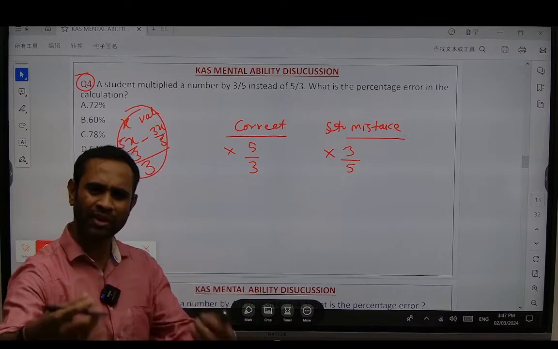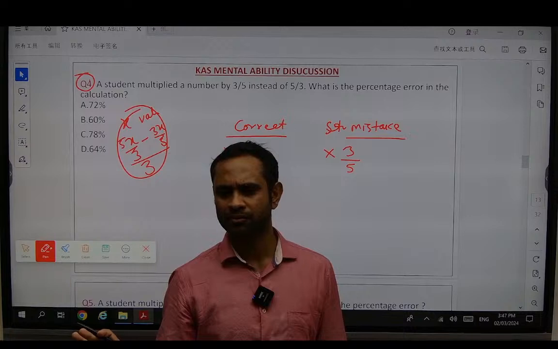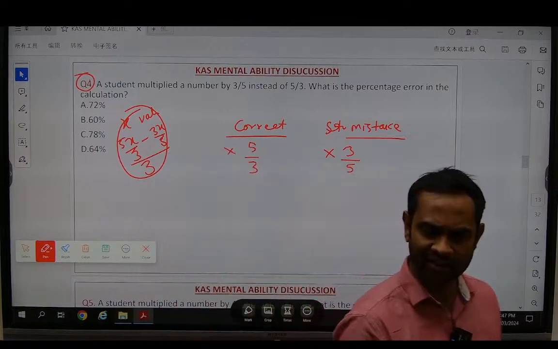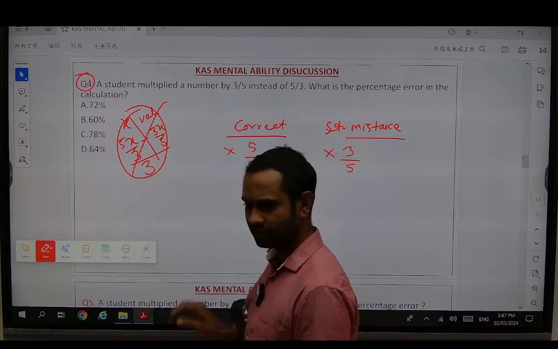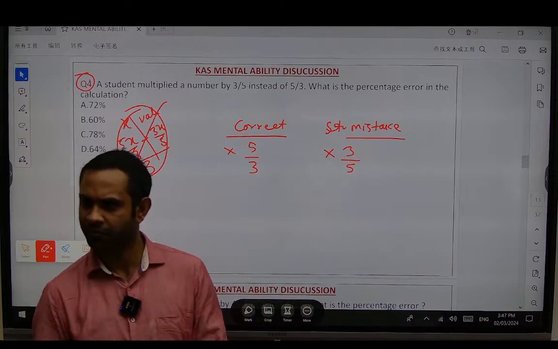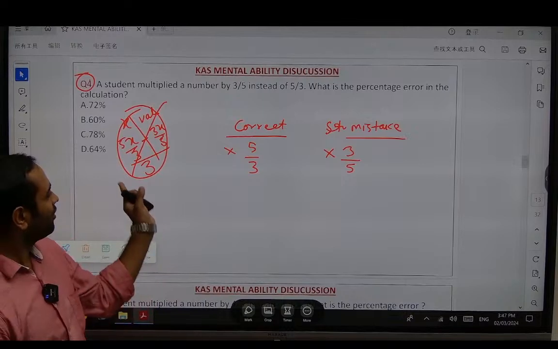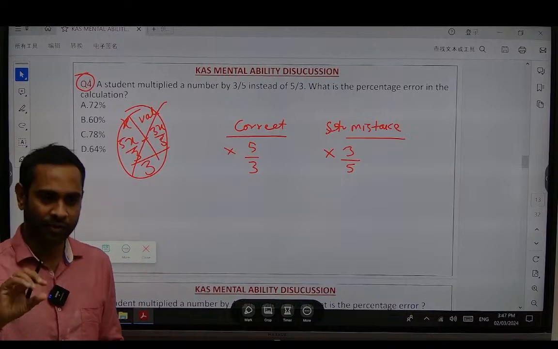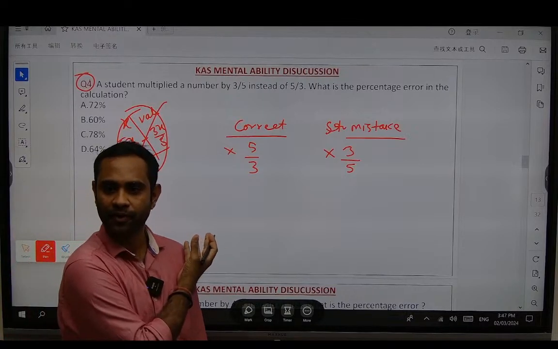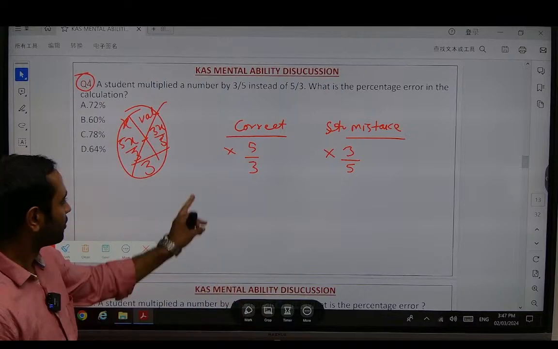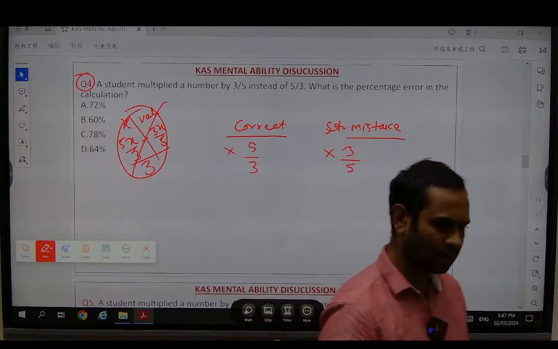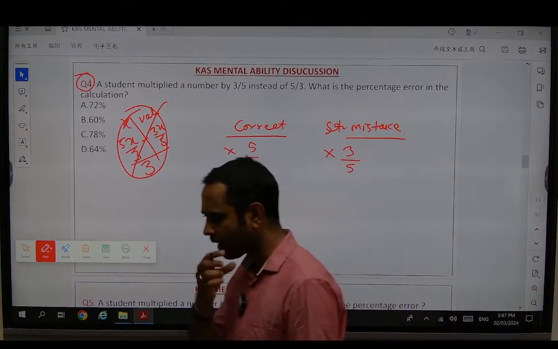Students lose interest, and that's how aptitude becomes tough. There is a reason why mental ability is tough. When you watch this kind of solutions, most of the students will feel it's free content. So we definitely have to put a lot of effort to get the methods. Now you will say, sir, you say use 100, okay, but I also say use